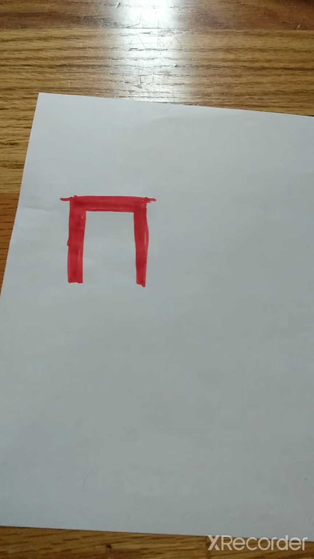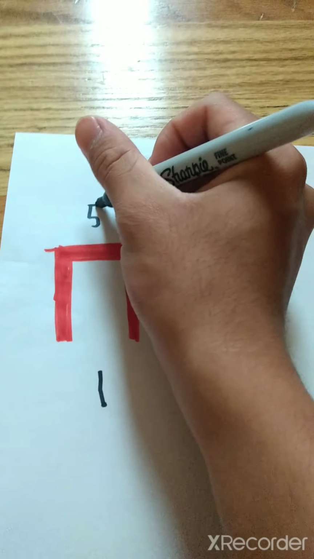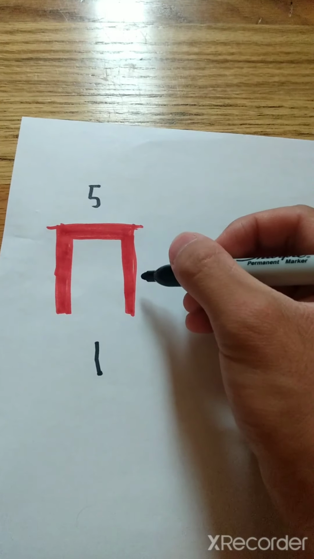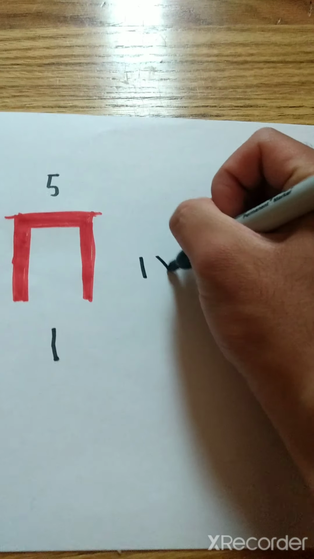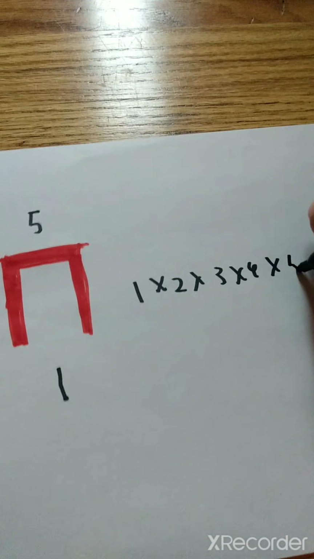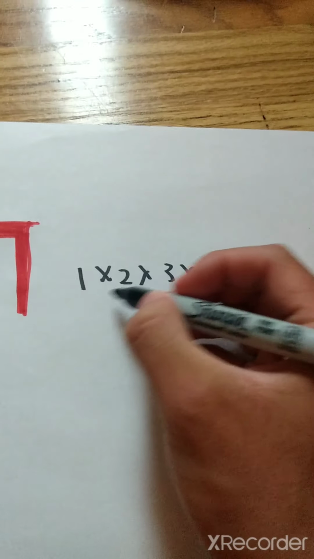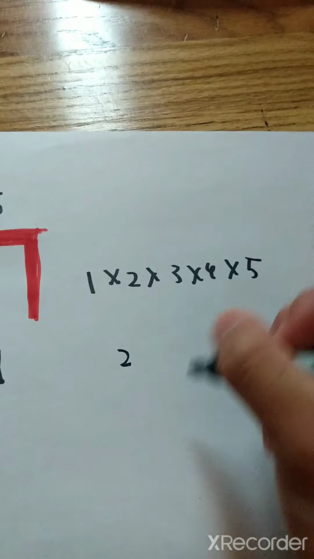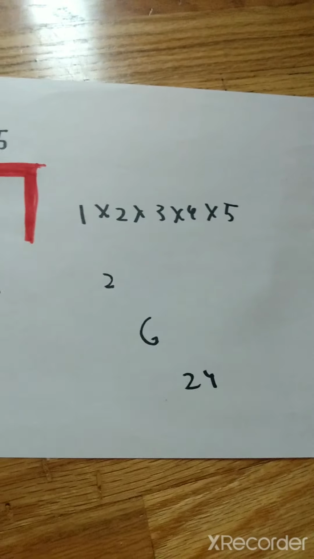Let's do an example. So what happens if the bottom number or the start number is 1 and the top number is 5? What that means is since we're doing a summation with the product, that means it's 1 times 2 times 3 times 4 times 5. The starting number, the finishing number. So 1 times 2 is 2, times 3, that's 6, times 4, that's 24, times 5, our answer is